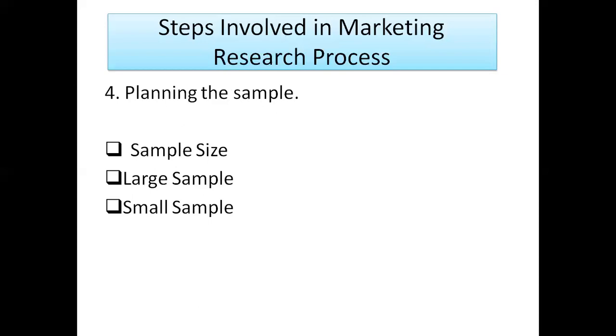Fourth one is planning the sample. In case of marketing research, sample collection is very much important. Suppose we want to study something on a particular population. Considering our country, we have more than 100 crore people, and it is impossible to go for a survey of 100 crore people. So first of all, we must select which sample size we are looking for. If it is for 10,000, then the design is different, the planning is also different. And if you are looking for 5,000, then the planning is different.